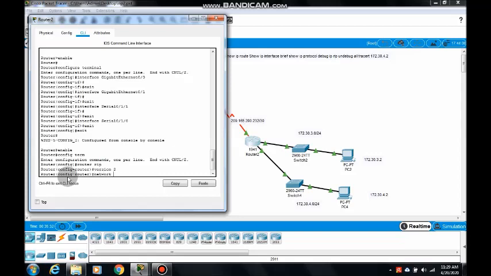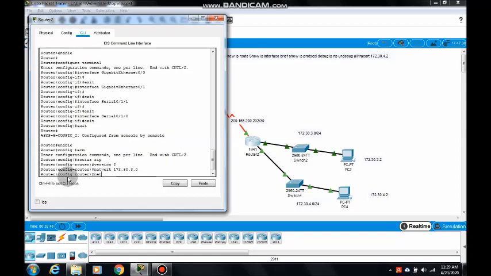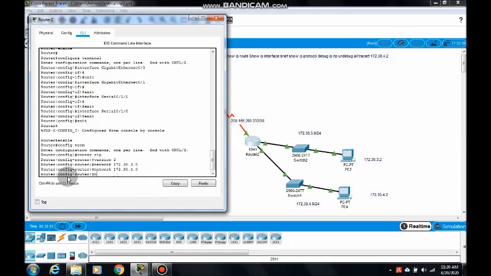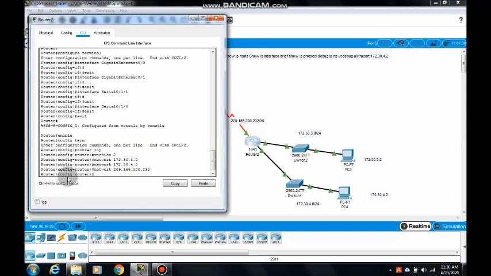Then the network command: network 172.30.3.0, network 172.30.4.0, and the 209.165.200.232 network is connected.